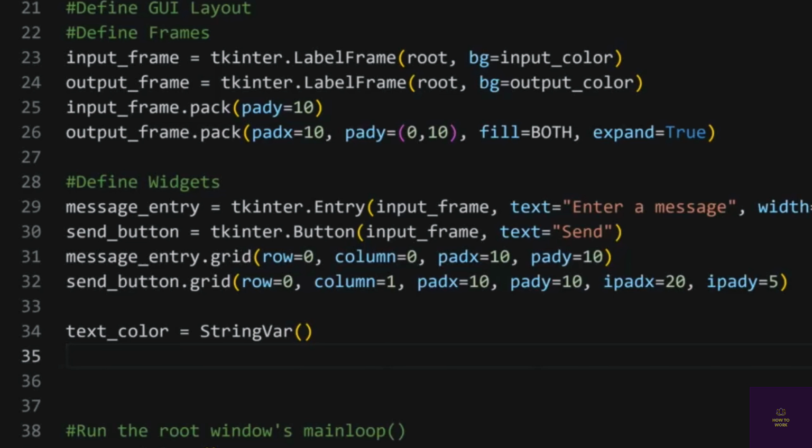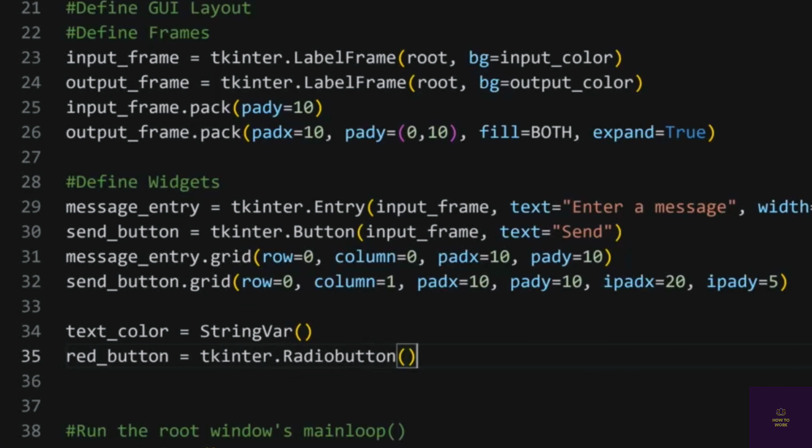So now what we'll do is let's make 3 radio button widgets that are going to allow us to essentially change the color of the text of our message that we send. We'll change the color to either red, green, or blue. Okay, and we're going to link all 3 of these radio buttons through our string variable text color that we just created. So we're going to use the radio button class, and so let's see how we're going to do this. We'll just do the red button first. So we'll have a red button, and I'll call